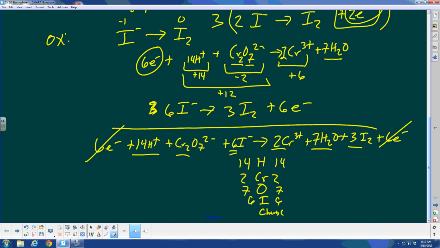Charge on the left is, what do I have here? 14 minus 2 minus 6. So that looks like what? That's 12, 6. Looks like a +6 on my left. And over here, what do I have going on? 2 times +3 is a +6. Woohoo! So that is my balanced